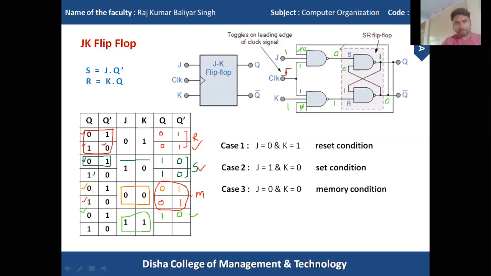So what is the output? My output will be 1. 1 1 and this 1, the output value is replaced with 0. So see, some changes will happen here. Okay, some magic changes will happen here.